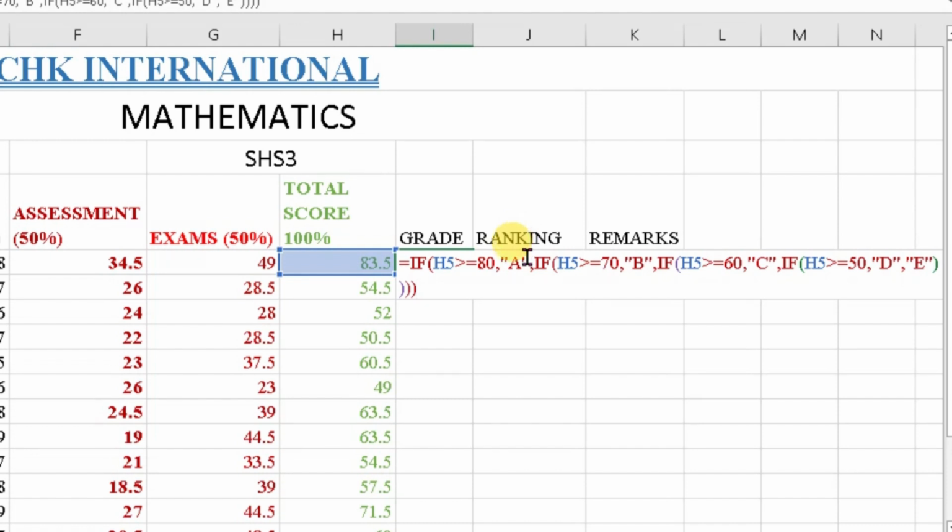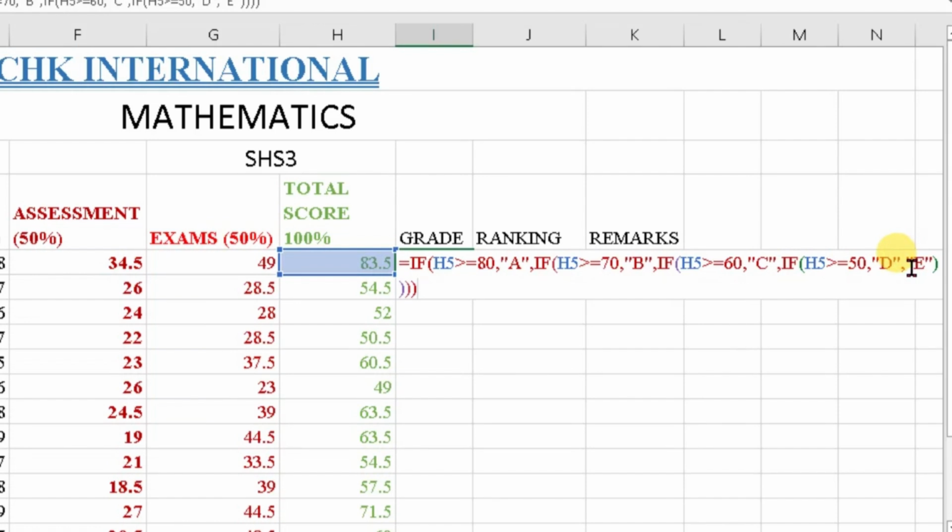Okay, this formula you can search for from Google or anywhere and you still get the same thing. And because I want to make the video shorter, I just quickly typed it inside. Now once you have done with this, the latter part is saying that if H5, that is if this cell is greater or equal to 50, give the person D, otherwise give the person E. So it means that anyone who is having less than 50, the person gets what? E. So here I have not instructed to give F,